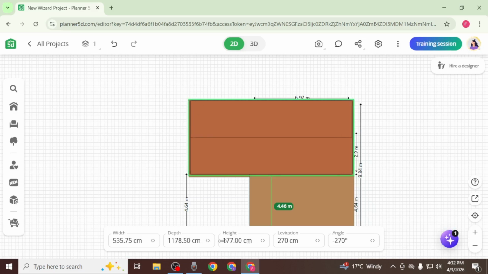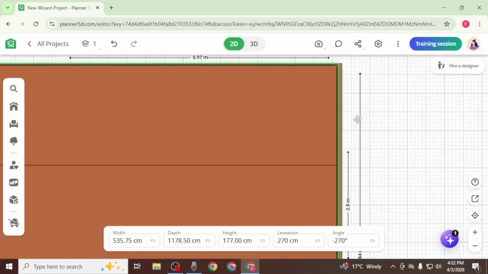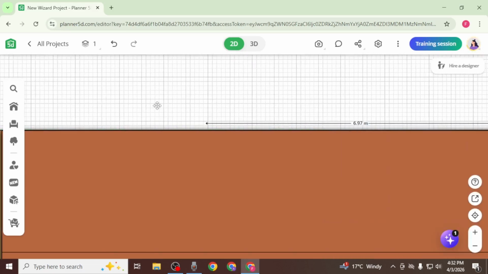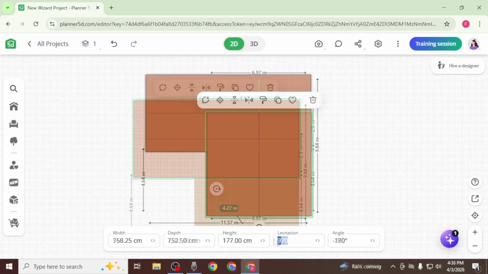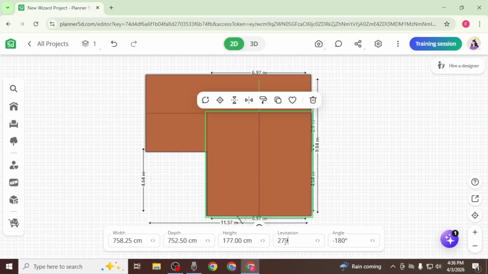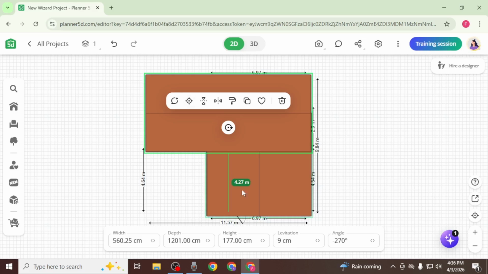Now, since your base has a thickness of around 10 centimeters, you should slightly adjust the elevation of your roof so that it sits just above the base. For example, if your walls are 270 centimeters high, you can set the roof elevation to around 279 centimeters so it fits correctly. If your house has multiple sections, you can copy and paste the roof and position it accordingly